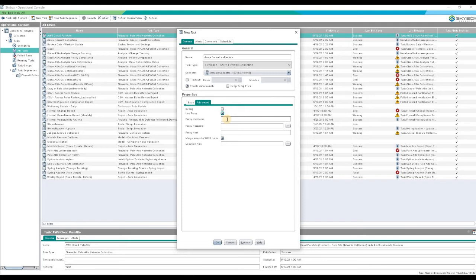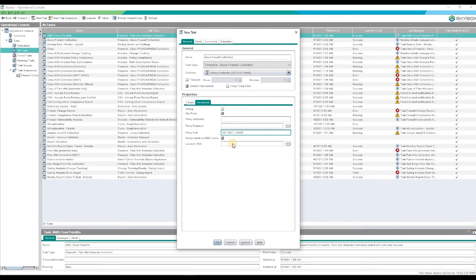If it is an authenticated proxy, you would definitely need to include the username and the password of that specific proxy. Considering we may have a service account used for these kinds of purposes, you can use the service account over here and the associated password, and the IP address of the proxy with a colon and the proxy port number. For example, 192.168.1.1. If the proxy is receiving the traffic on port number 8080, you would call out port 8080. That's it. And when you click launch, the traffic will start to flow through the proxy address.